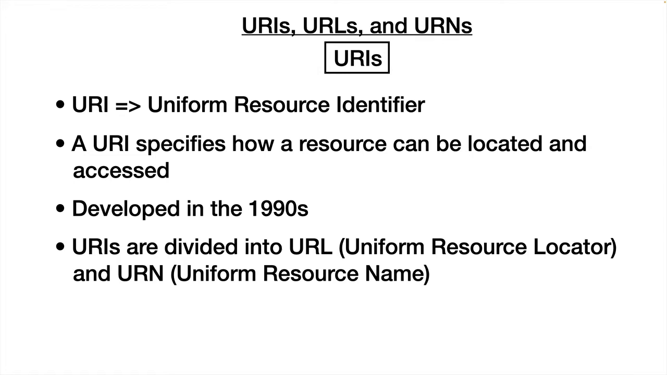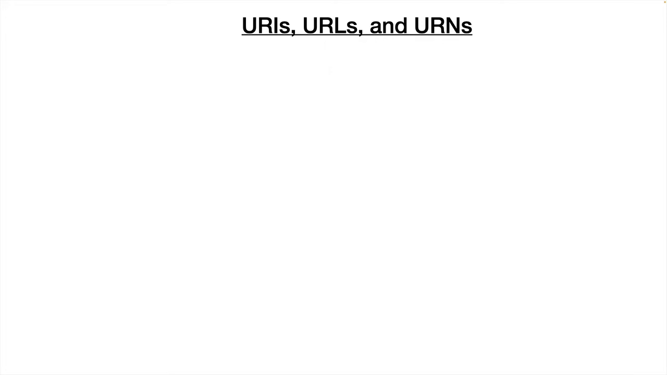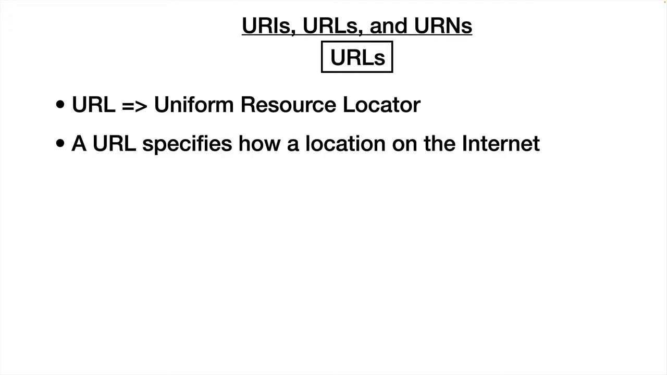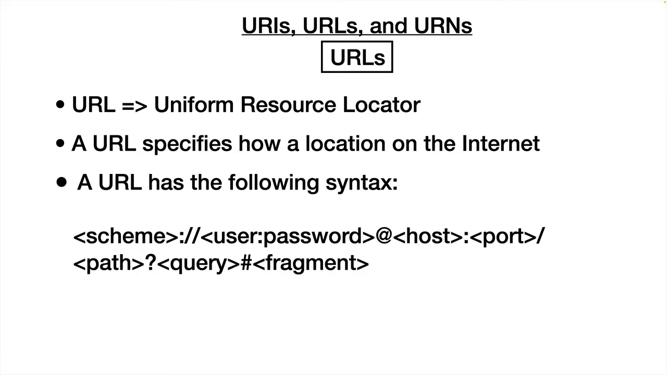So a URL is a Uniform Resource Locator, and a URN is a Uniform Resource Name. So a URL is a URI, a URN is a URI. It's kind of a division between how they are used. A URL, like I said, is a Uniform Resource Locator, and the purpose of a URL is to specify a location on the internet. And if we have all the parts of a URL, its syntax looks like this,